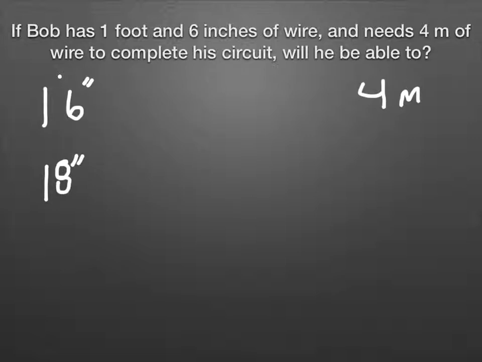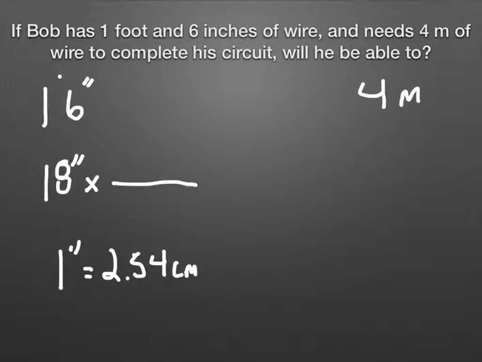We also know that for our first conversion factor, because we're going to use more than one, 1 inch equals 2.54 centimeters. That conversion factor converts our English unit into a metric unit, so we have to use that first. So times, what we're converting from goes on the bottom, what we're converting to goes on the top. 18 times 2.54 over 1, and that gives us